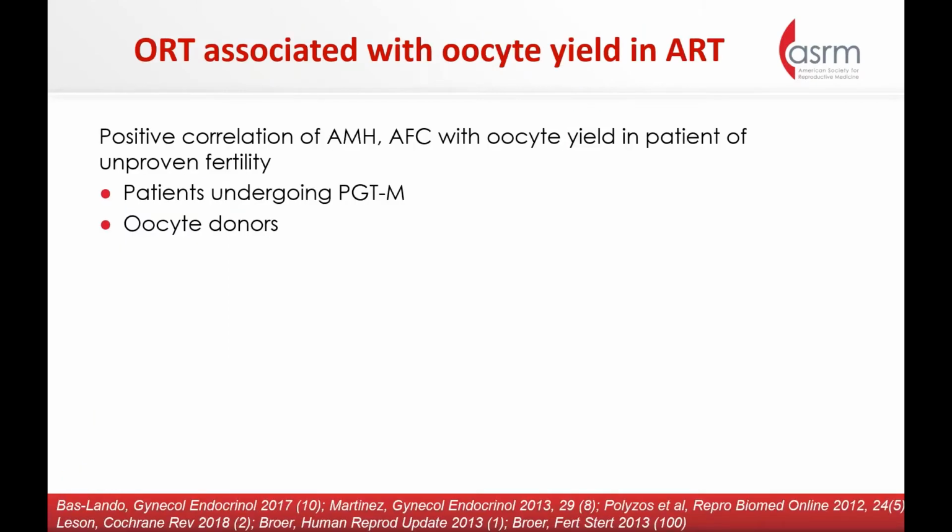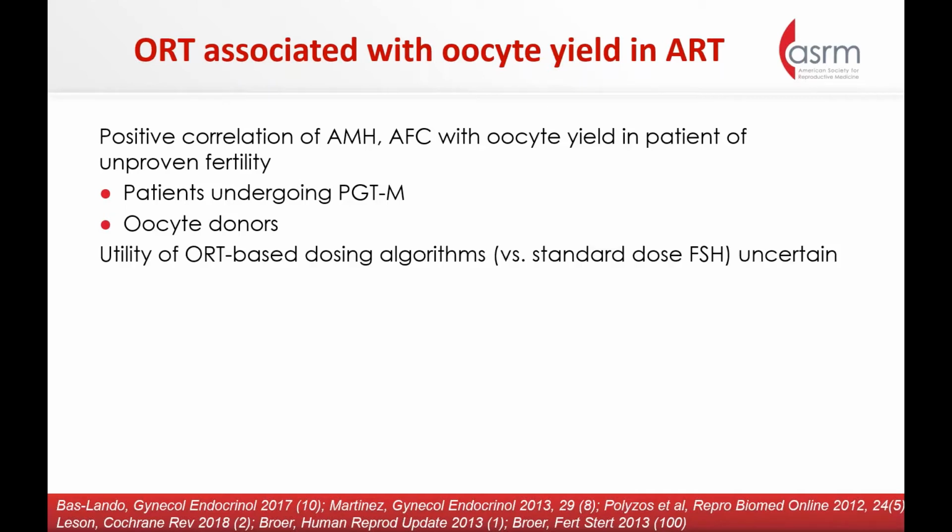I thought we would start off with talking about what we know about ORT and oocyte yield in women who have unproven fertility. So 2 examples are patients undergoing PGT-M and oocyte donors. And you see very easily and repeatedly a positive correlation of AMH and AFC with oocyte yield in these populations. The second question is, once you see this positive correlation, how does it impact your practice? So it turns out that the utility of ORT-based dosing algorithms versus standard dose FSH of 150 units is really